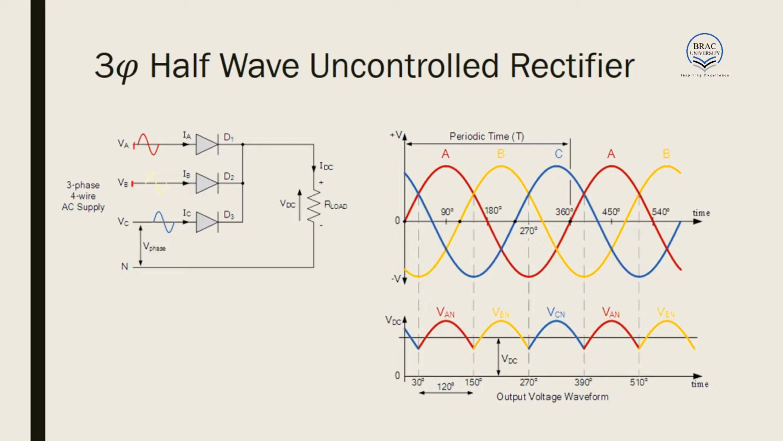We have three lines, three phases: VA, VB, and VC. They are connected to diodes, and the shorted output of the diodes is connected to our load, which is connected to our neutral. To determine how it works, we will be using an analogy. For example, if we have a connection like this, we have three diodes